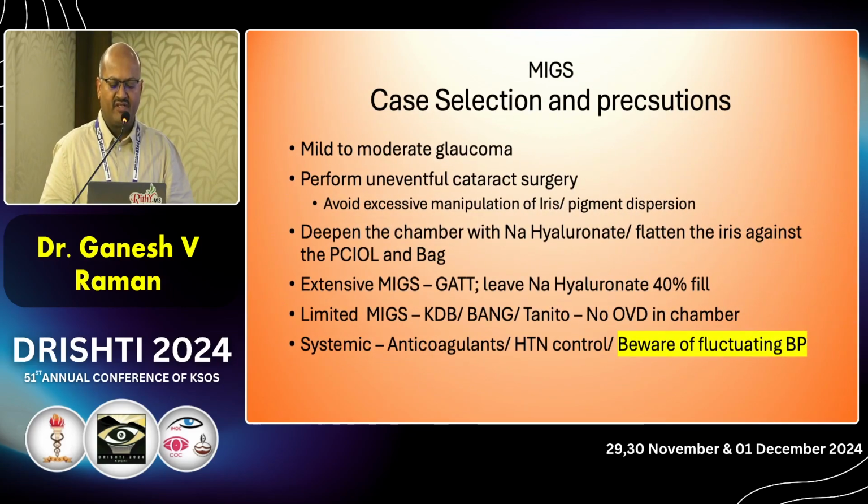So case selection is very important. Mild to moderate glaucoma is what we usually do MIGS for. If you have to combine it with cataract surgery, make sure you do an uneventful cataract surgery in these eyes. Don't touch the iris too much, avoid pigment dispersion, and deepen the chamber with sodium hyaluronate. With extensive MIGS, like GATT, always leave sodium hyaluronate, which is 40% fill. And limited MIGS like KDB, Bang, Tanito,